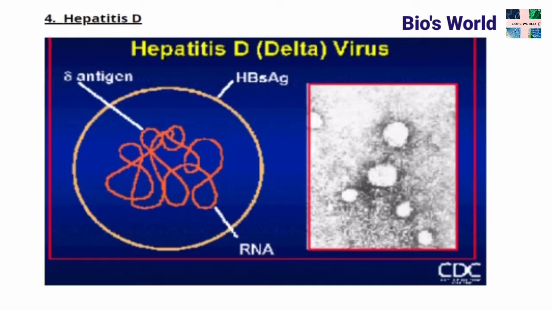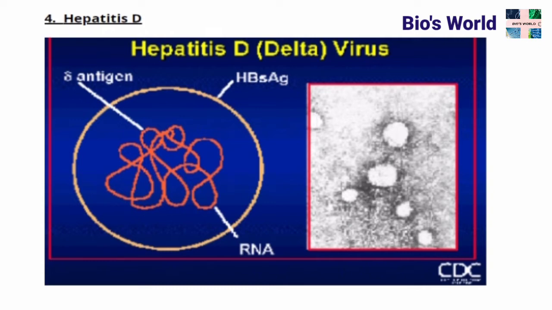Next is hepatitis D virus. It is an unusual single-stranded circular virus with a number of similarities to certain plant virus satellites and virions. This virus can infect hepatocytes, but they do not contain hepatitis B antigen. It has hepatitis delta antigen.